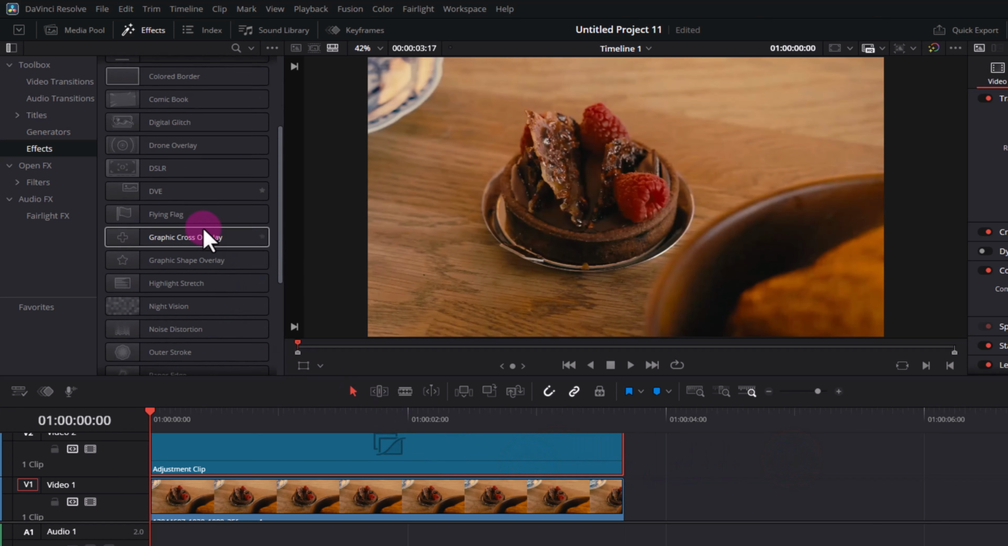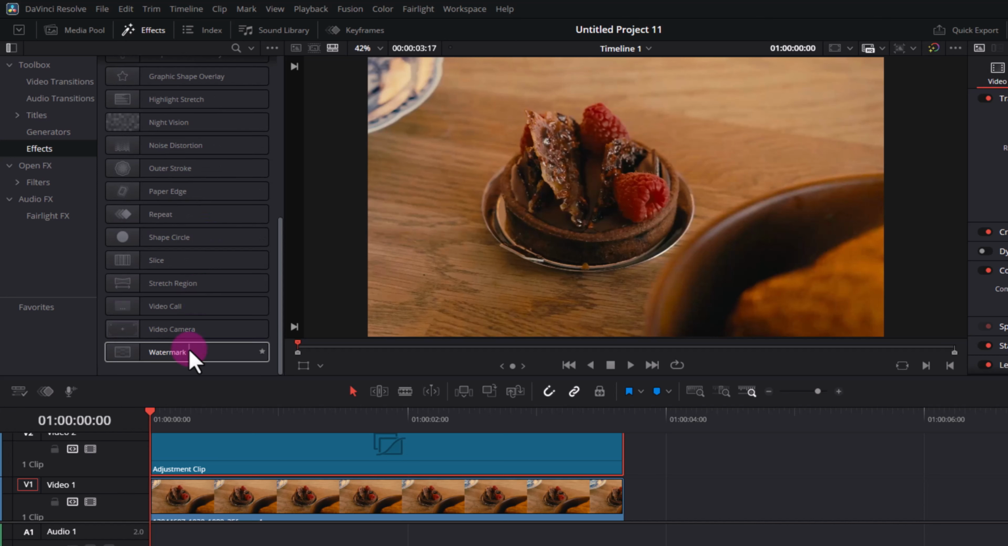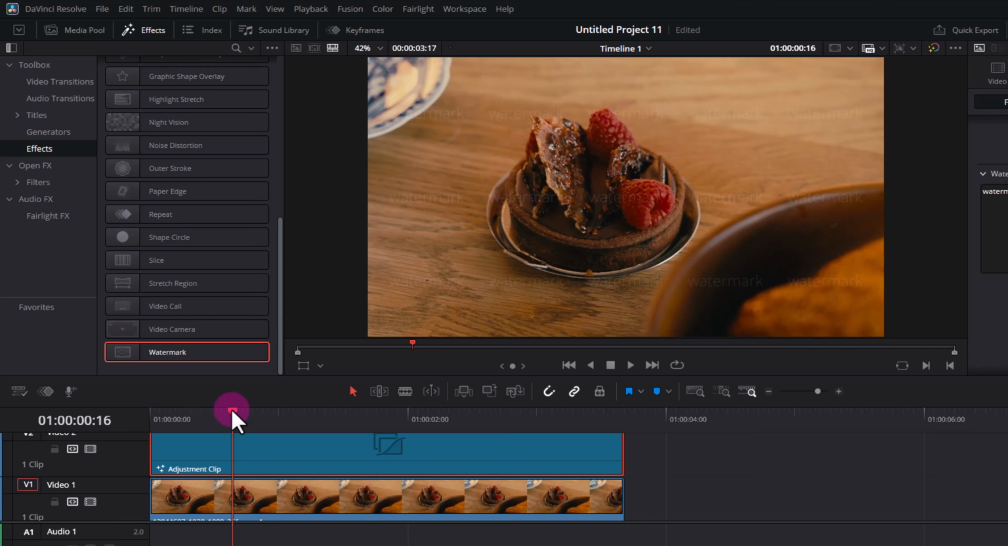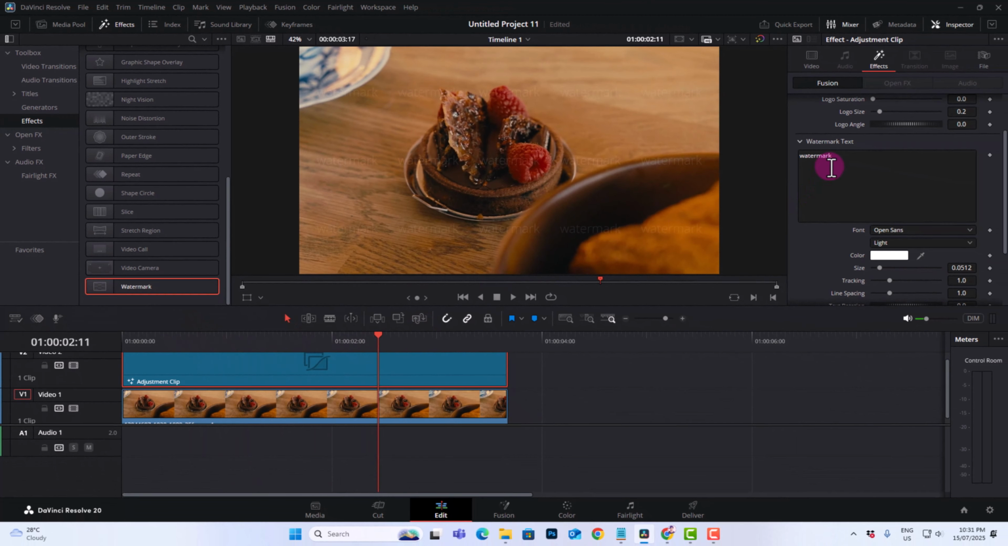Okay, and scroll down, then you'll see the watermark option, just drag to select. Okay, so look here, it's showing my watermark. If you want to rename the watermark, increase or decrease the size, or if you want to add an image watermark,